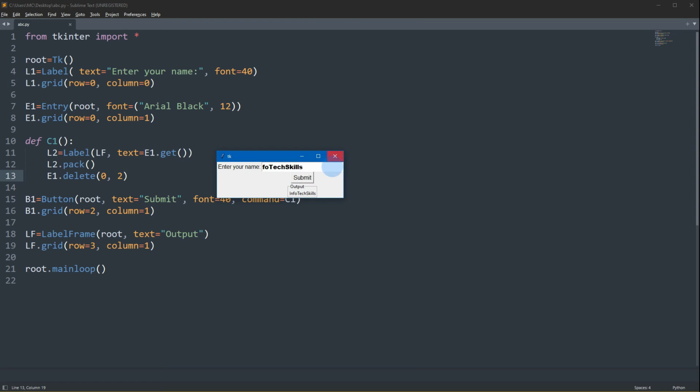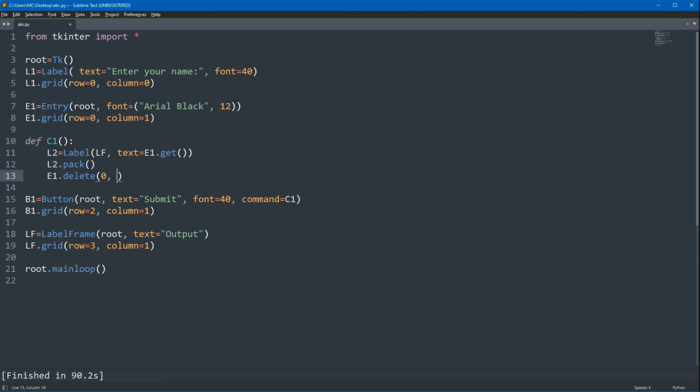Now what if we want to remove all the letters? Are we required to count all the characters of the name? Of course not. We don't know how long the name of the user is. So for that we have n. N is used to indicate that it will remove from the first index until the last index.